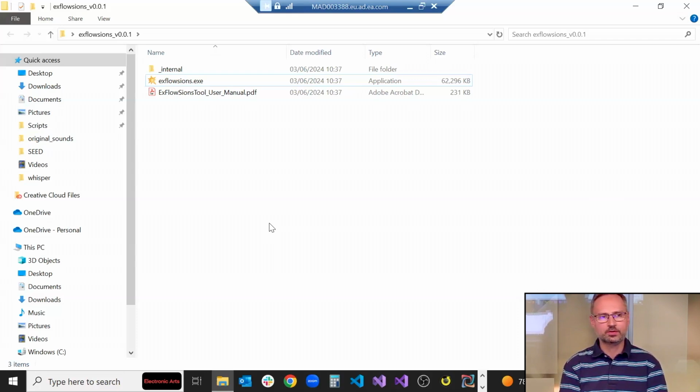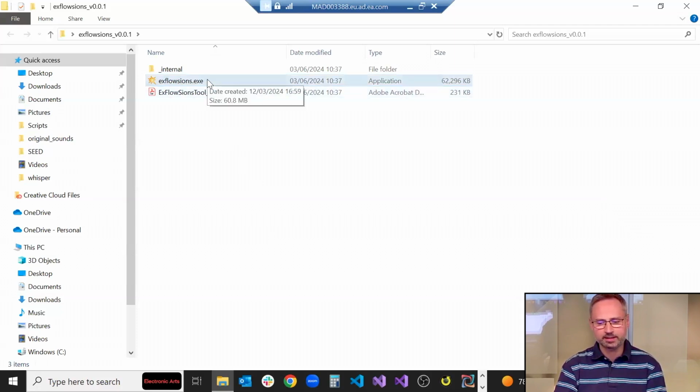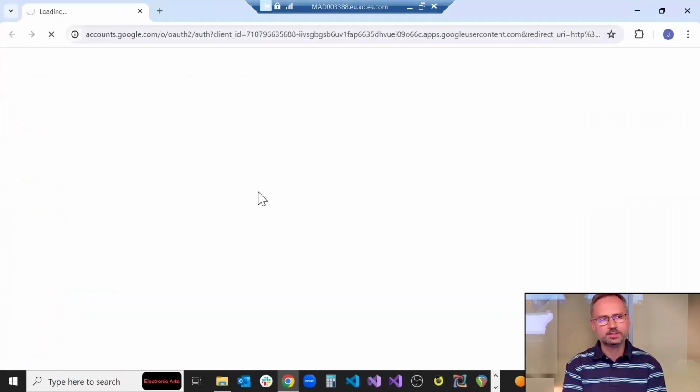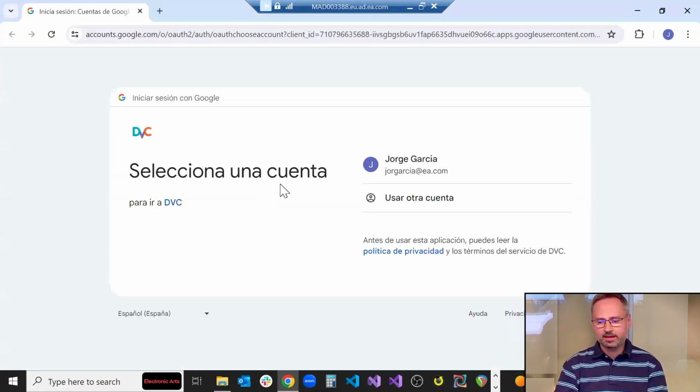Basically the location where we have stored the releases of the tool, we have a way to download a zip file. So the user has to do that and then uncompress it locally. And afterwards, they will see the files that we have here on the screen. And what the user will normally do is double click the ExFlowSions executable. Then it will start from a big window in the background, doing different initialization and setup for the tool, like caching the models. And then the authentication stage and pipeline will start.